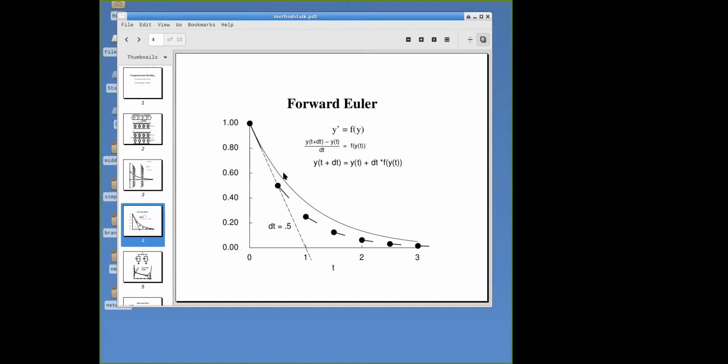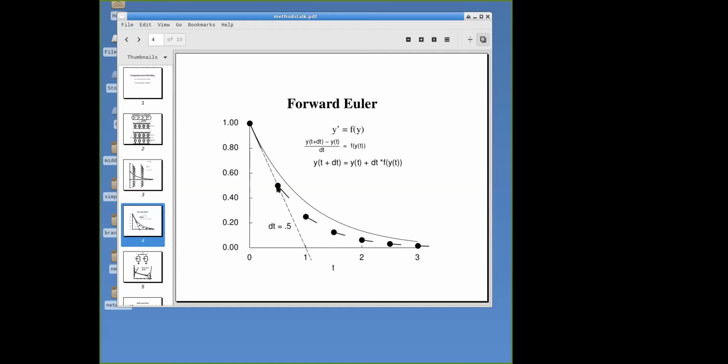This solid line is the analytical solution. This dashed line is the initial line that we follow when we're going from the initial condition to our first approximate solution point. Okay, and these little short lines represent the slope at our different numerical solution points. Well, this is what we get with a time step of 0.5, half of the time constant of decay. But what if we